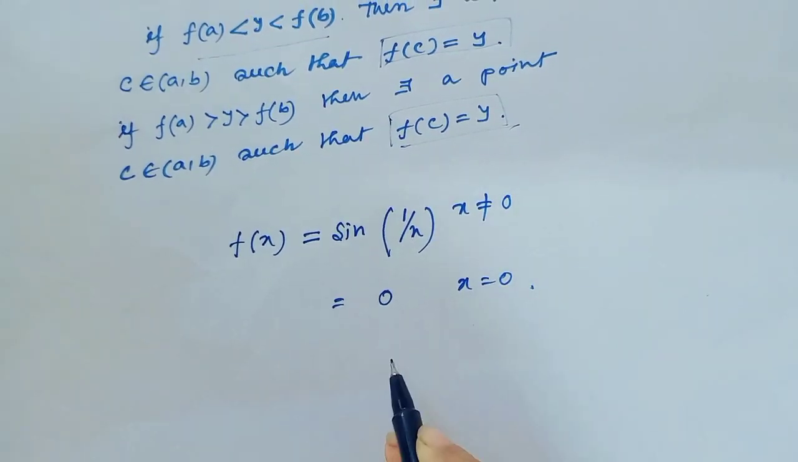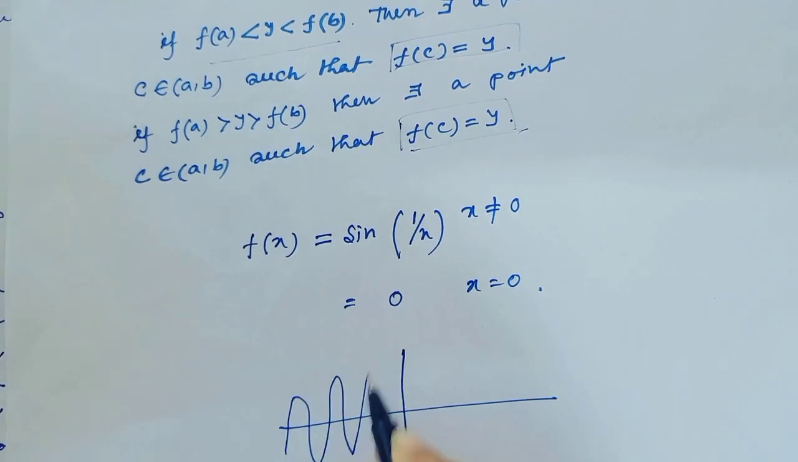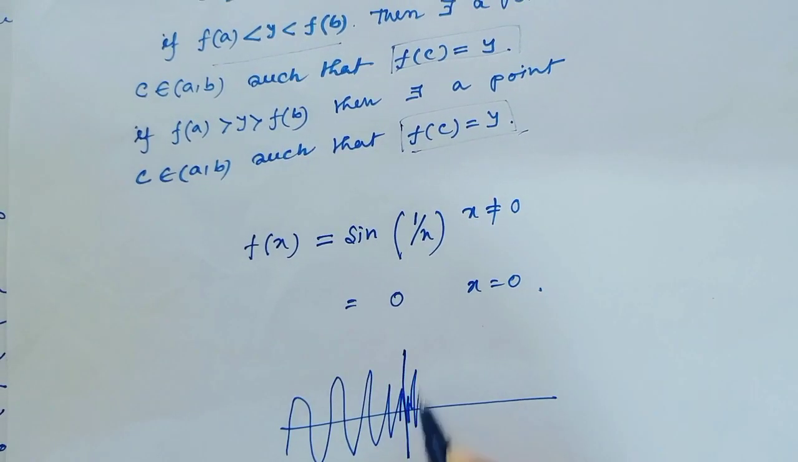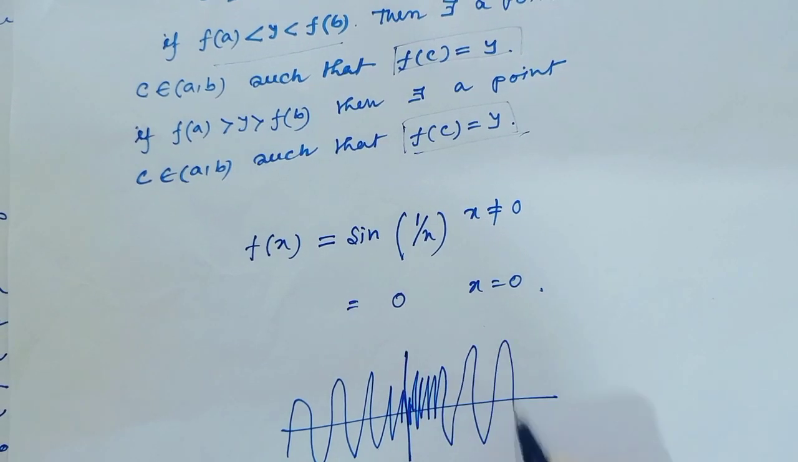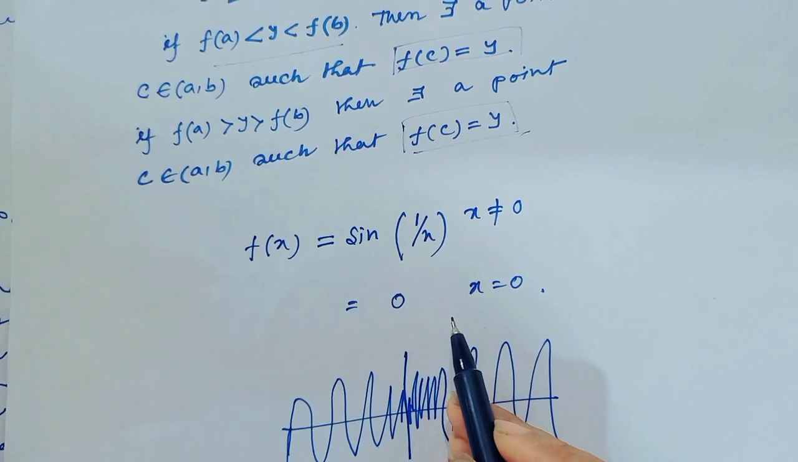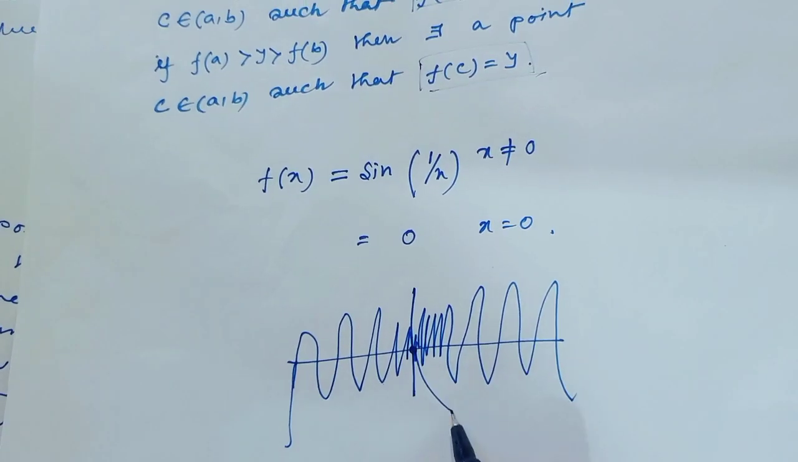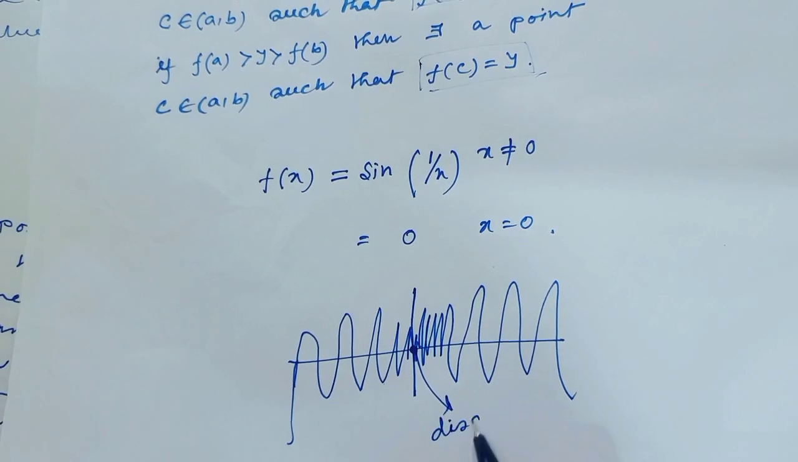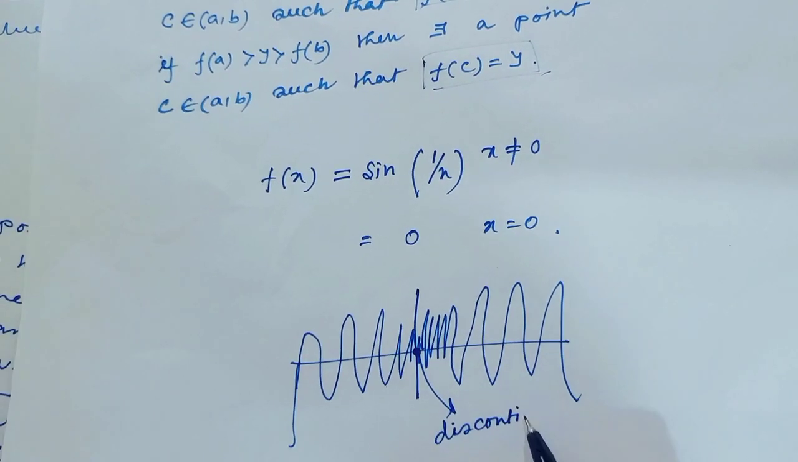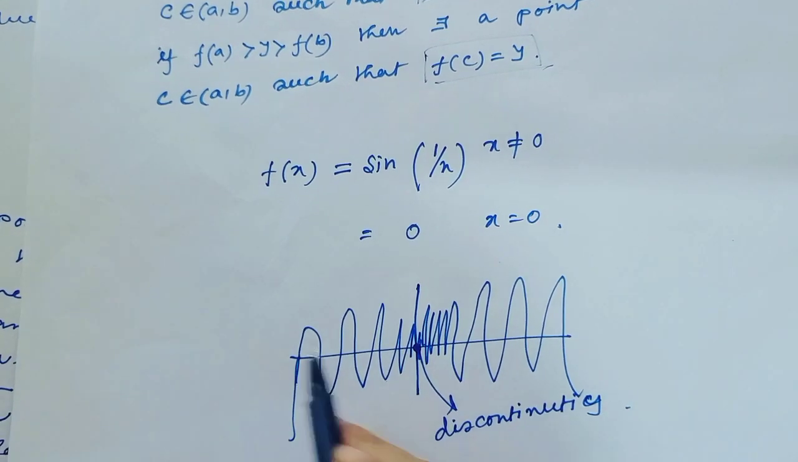We all know this is the topological sine curve, and the graph of the curve is of this type. At the point 0 it would look like this, and this curve has a discontinuity at the point 0,